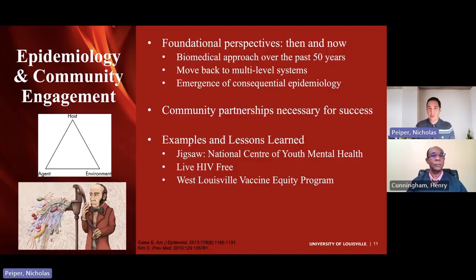So as part of this, dissemination and implementation science are absolutely key. And as you can see here, community partnerships are absolutely critical for engaging with populations and making sure that we have shared goals in improving health, and we're not just engaging in a top-down process without that community-based input. So what I'm going to talk about today is some of the work that I've been doing over the past 15 years and a lot of the lessons that I've learned.